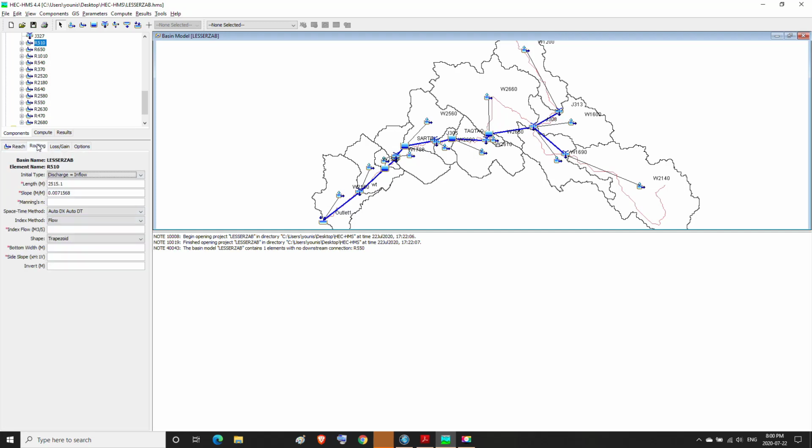Then we go to the routing menu, and in it the values of the length and the slope exist, and in Manning's N we type 0.1.